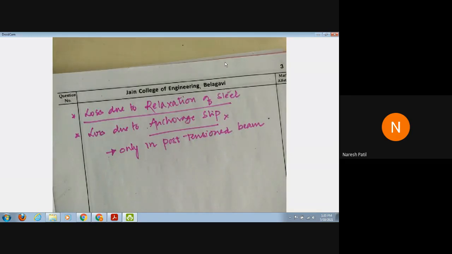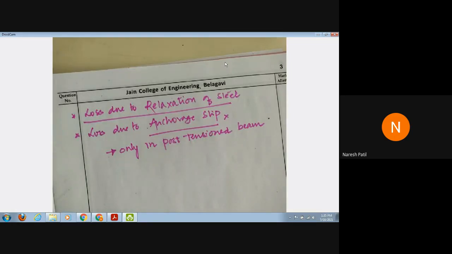But post tension में क्या होता है? The cable will be passed through the ducts, because concreting will be done before stretching the cable. So in the concreting, the duct will be provided, and through that duct the cable will be passed. After that, the cable is stretched. When you release that cable, what will happen? The cable tries to go inside of the duct, since the duct is open. So to avoid that, the cable needs to be anchored at the ends.